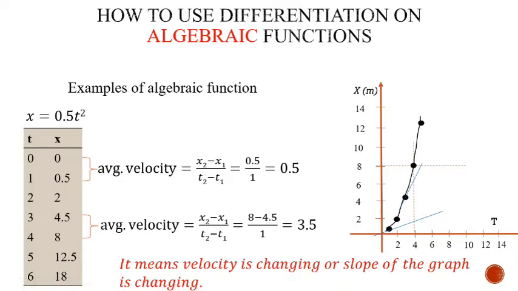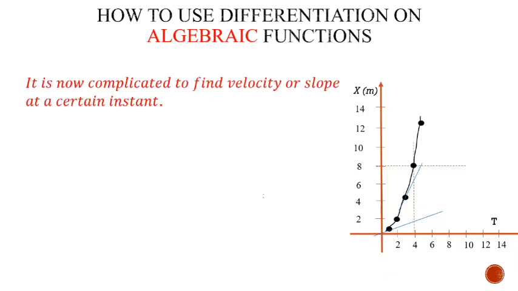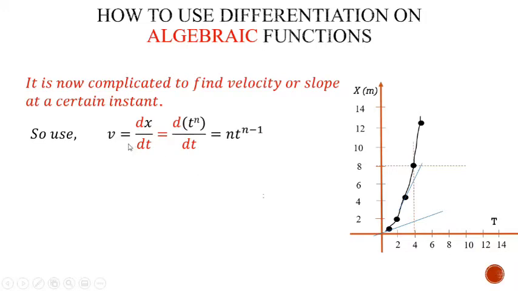To find out slope of such complicated equations, differentiation is used. Here on xt diagram, slope of the graph will give velocity. For example, here you can see the velocity is always equal to differentiation of the displacement with respect to time.